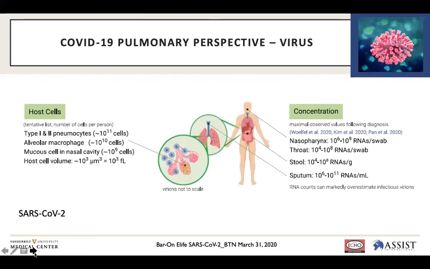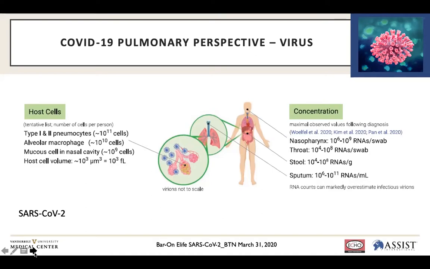The concentrations of the virus are very high, and we find them in the nasal passages, in the pharynx, in the throat. We find them in the sputum, of course, reflecting some of the bronchial airway and all the way to the alveolar space. And you find them in the stools and eventually in the urine.